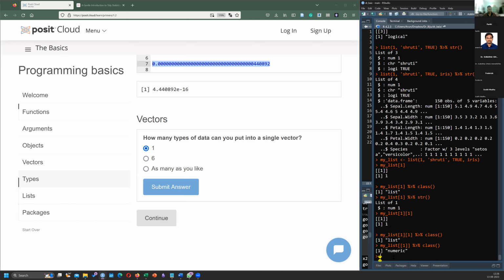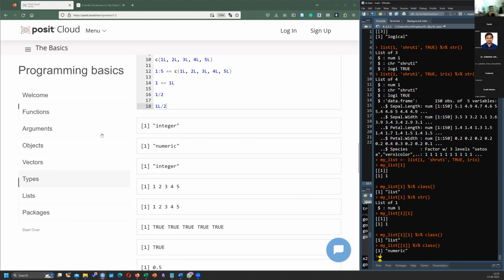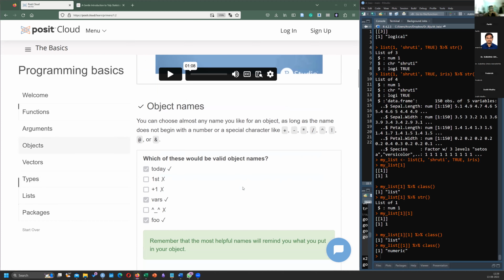The other way we can get it is that we can say my list and use the dollar sign. But ideally, if the list is named, we'll get it. But right now, because the list cannot be named, because this is given as one. We know that an object cannot be named with numbers. What are all the names that we use for objects? Numbers and special characters we cannot use.